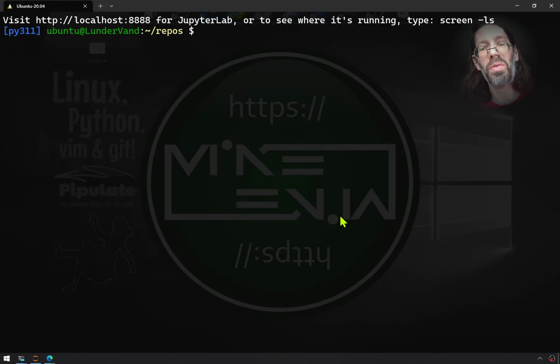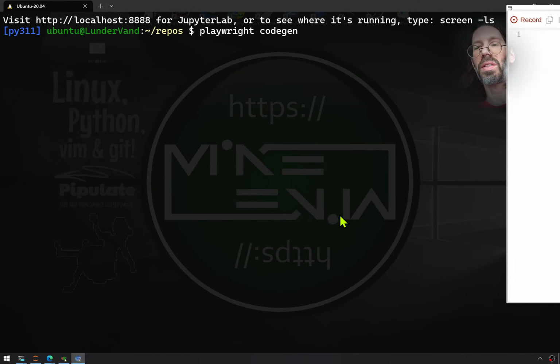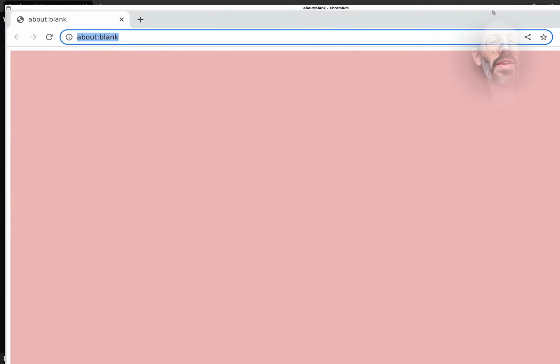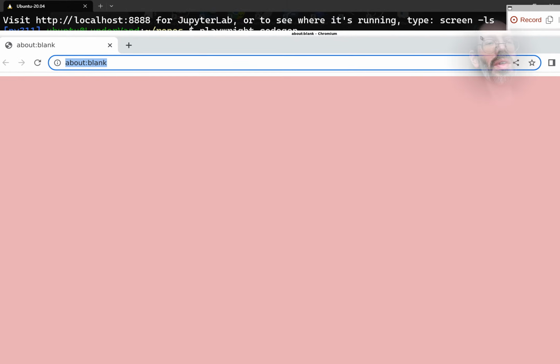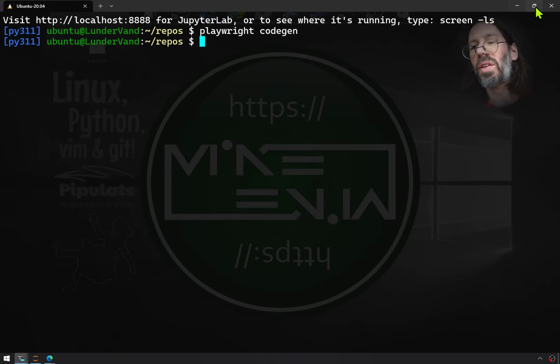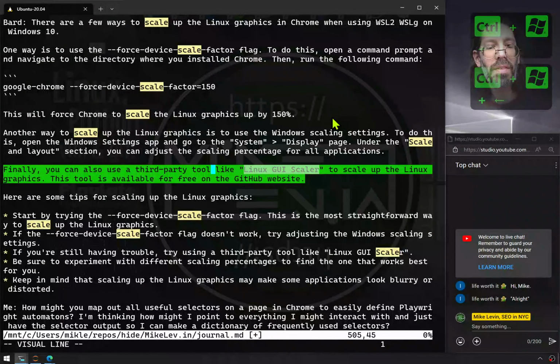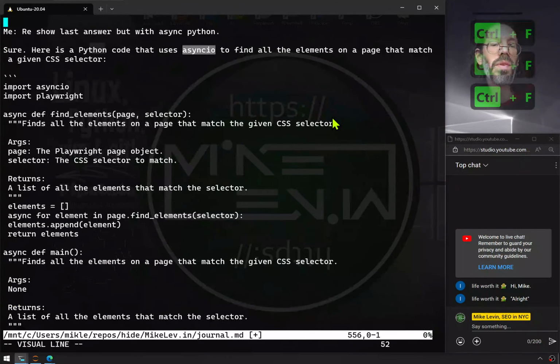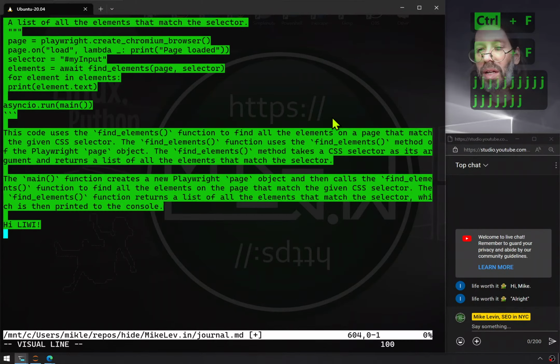And now if I were to do playwright codegen, it'll jump up at that ridiculously large size, but better that than unreadable. Now I will use controls now to get this into a more reasonable resized state. Look at how small that pointer is too. So even this didn't solve everything, right? But I still have that in my copy buffer, so it's time to document this